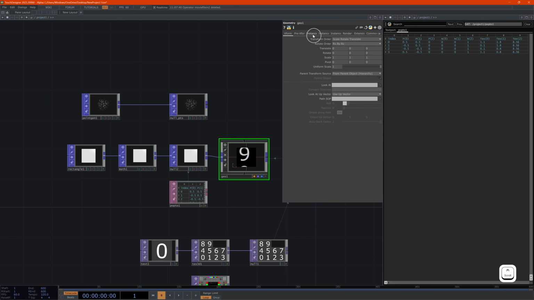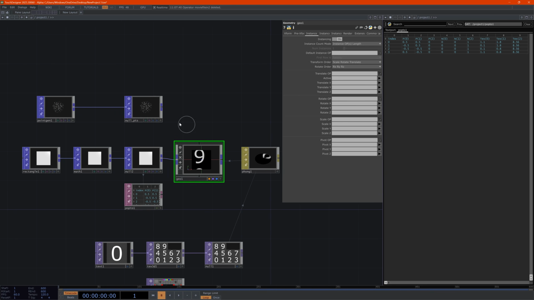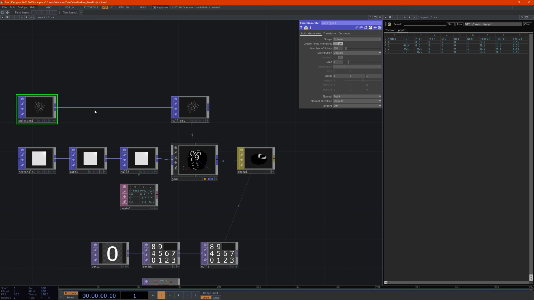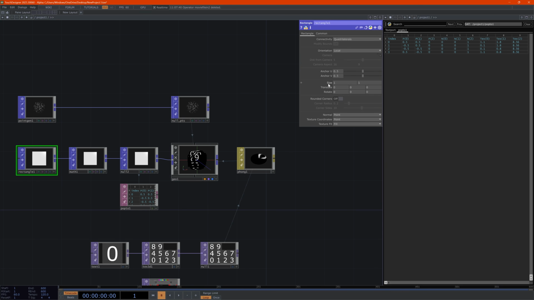Go to this geo and enable instantiation. Put our null points here and tell it to use the position from X, Y, whoops, P1 for Y, P2 for Z. Okay, so this is standard instantiation we're doing right now. Let's make this rectangle a lot smaller. This is the original rectangle here. Let's bring it down. And actually here, on the right side, come on,